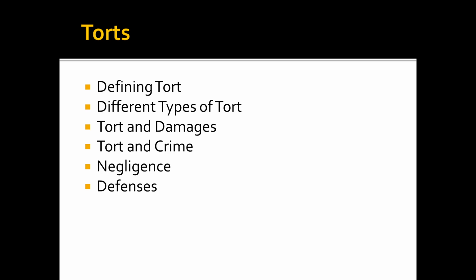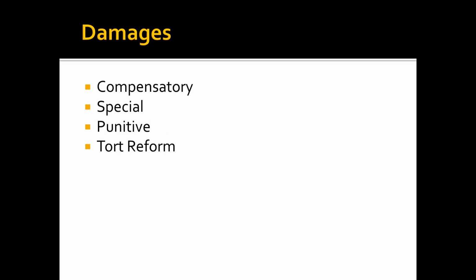Torts, of course, are quickly a civil wrong. We'll look at how they arise, their causes of action, the three main categories of tort: intentional, negligence, which is the most important one, and then business. We definitely will look at the dozens and dozens of types of torts, and a lot of these will have analogies on the criminal side as well. And the negligent torts, which are probably for business the most important, are generally not viewed as criminal. We'll look at damages, which will introduce us to the topic of tort reform, whether damages should be